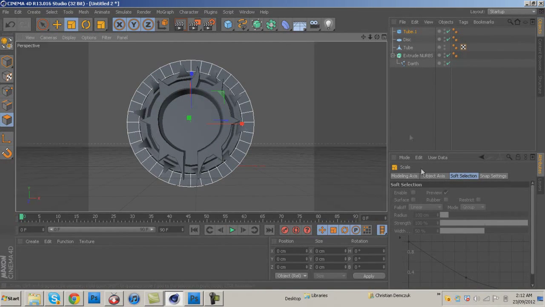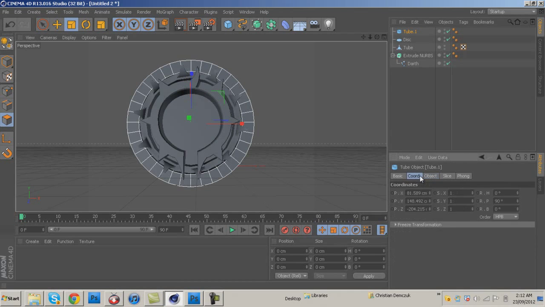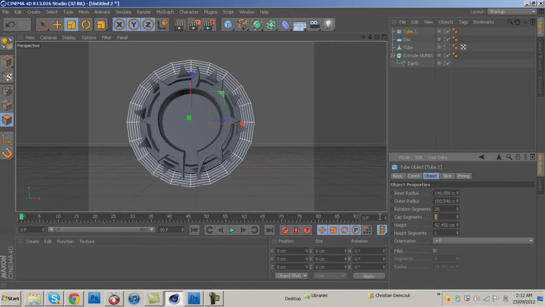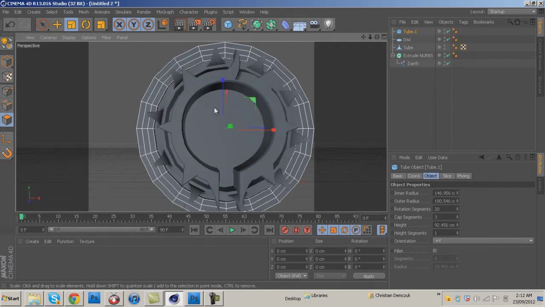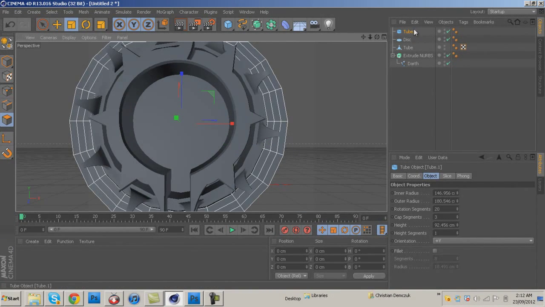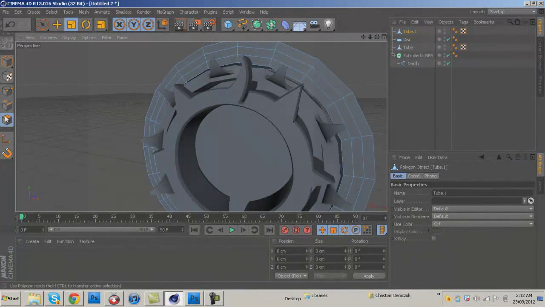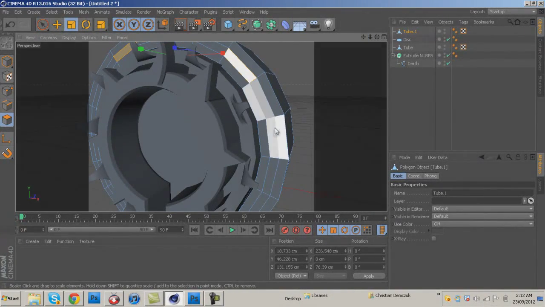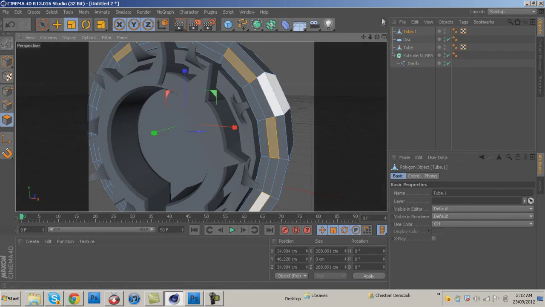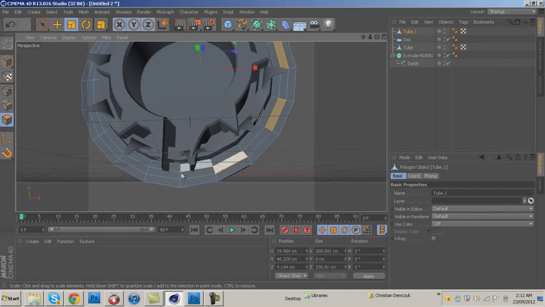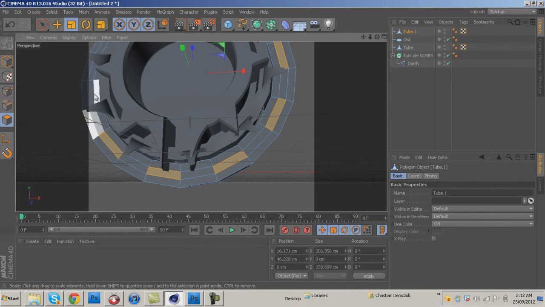All right. So if we go to the object, like we did before, put the rotation segments to 20, cap segments to 3 or 5, you can do every odd number, it works. And you can just right click, make editable, make sure you do that, so now you can edit it. Click here, hold shift, and just click every second one. Just make sure you're holding shift. It doesn't deselect it when you move the image around like this either, which is good. So just keep holding shift and clicking on these,